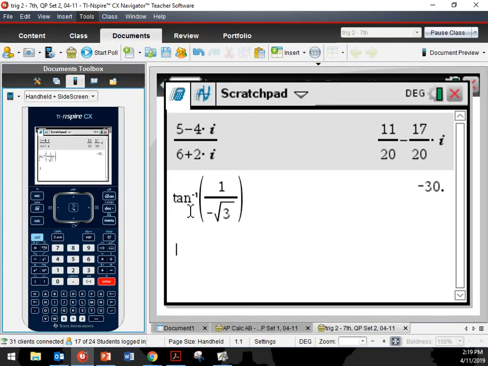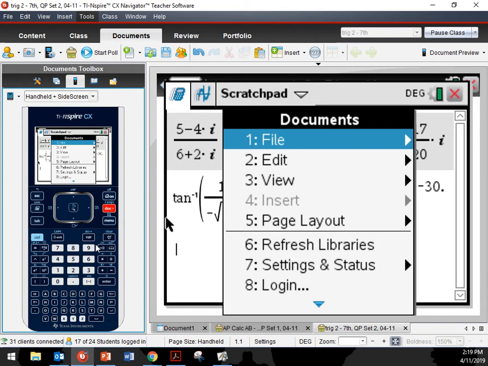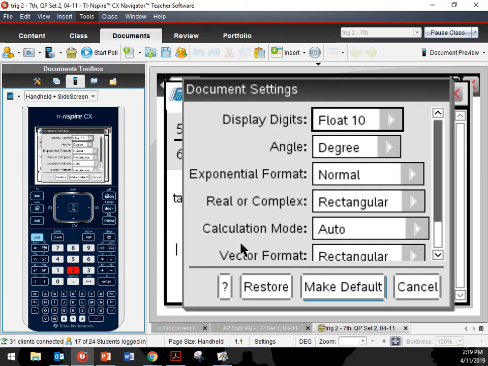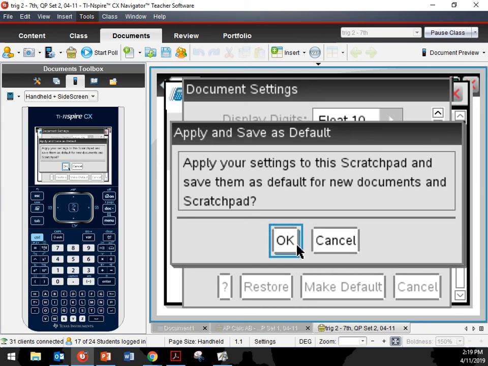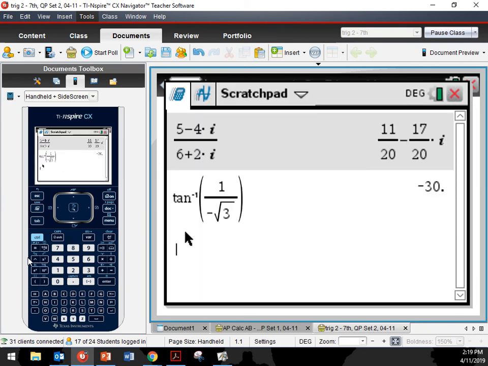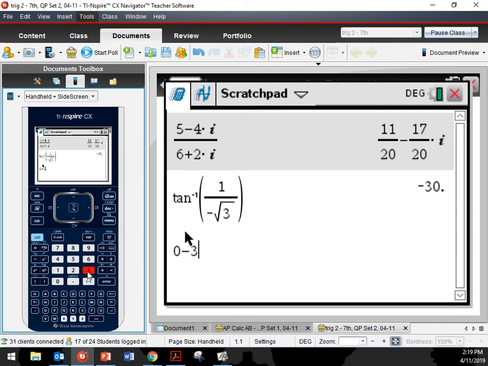Let's see my calculator. I have it in the right mode, hopefully. Doc, settings 2. Change it to polar. So if I put 0 minus 3i,